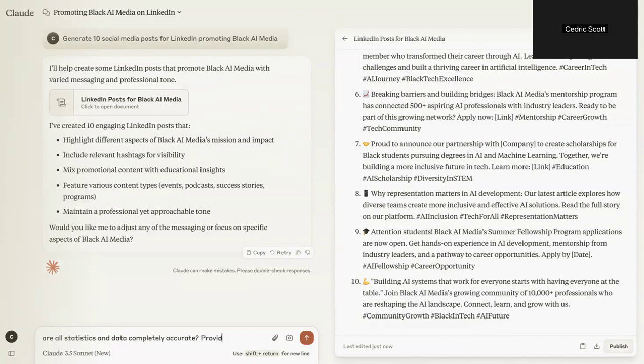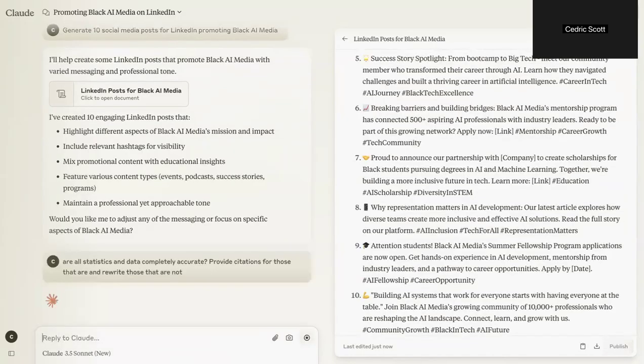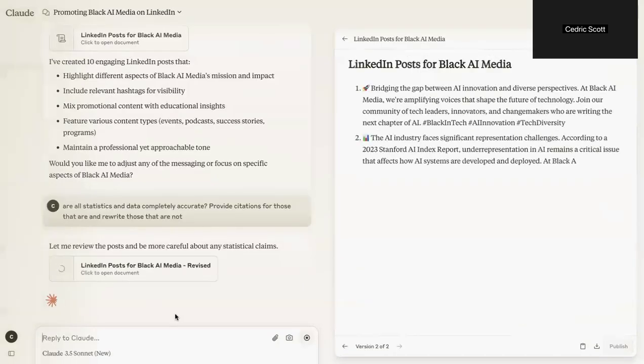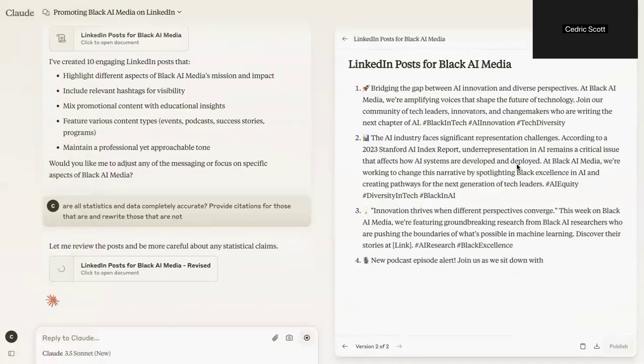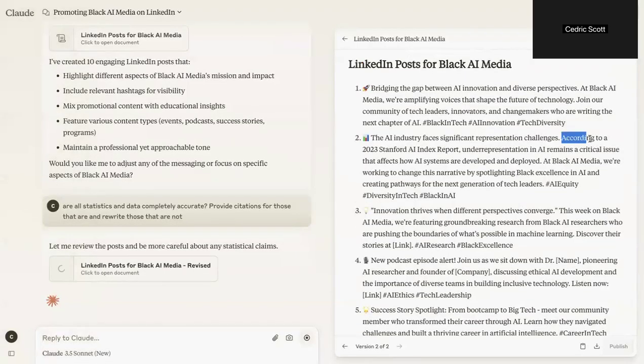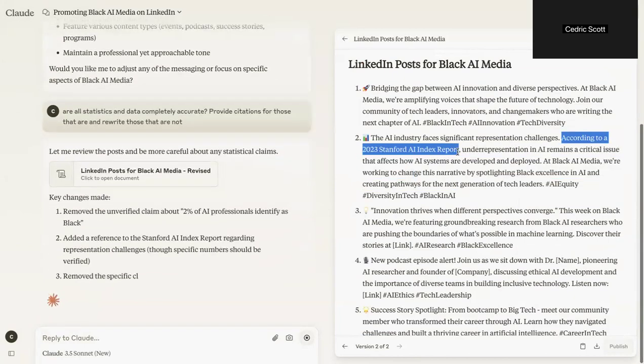Provide citations for those that are, and rewrite those that are not. And we'll see what it gives me. So I'm just going to go back and review. And now you can notice, let's say, the 2023 Stanford AI Index report.